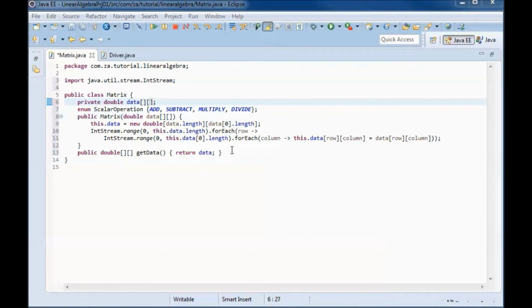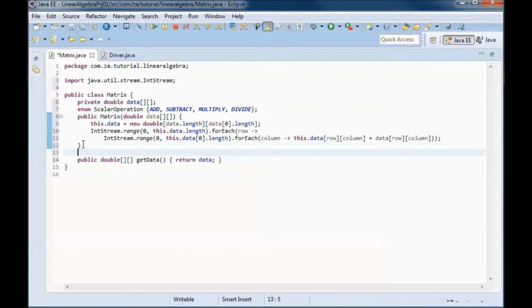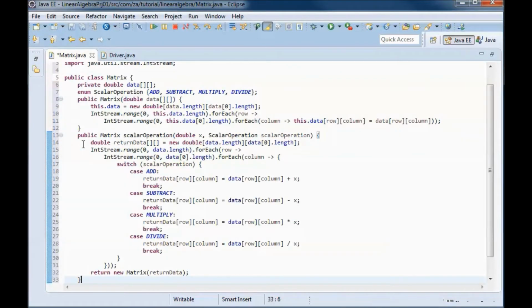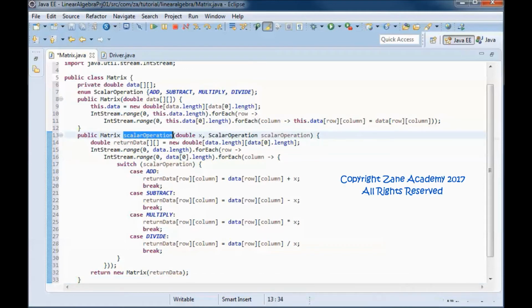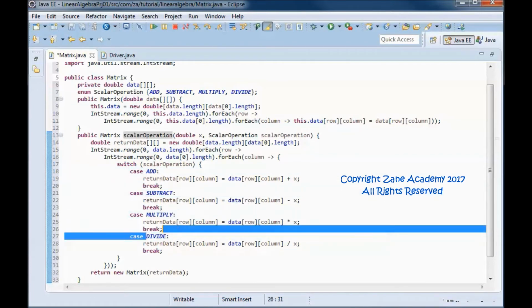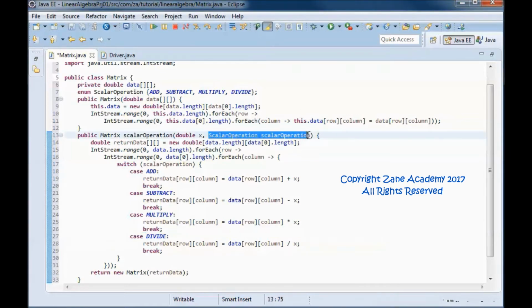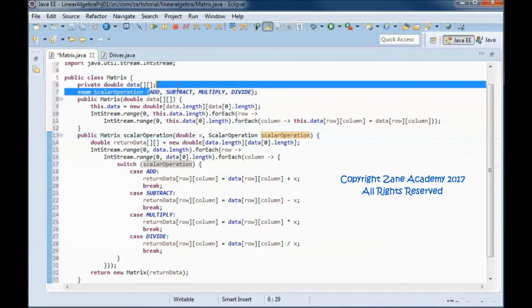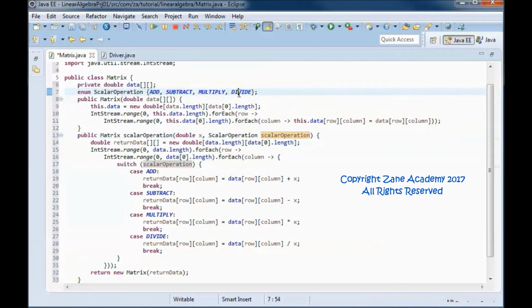And this method will handle the scalar operations. It takes in the number to be added or subtracted or multiplied or divided, and the scalar operation, so that would be either add, subtract, multiply, or divide.